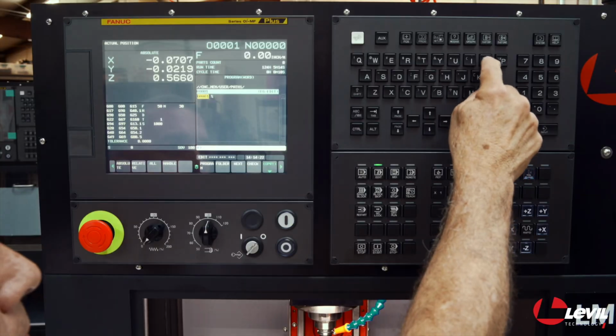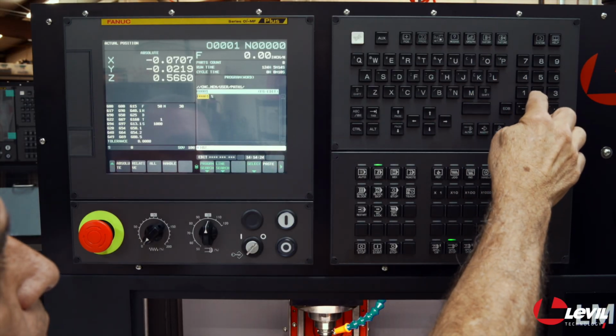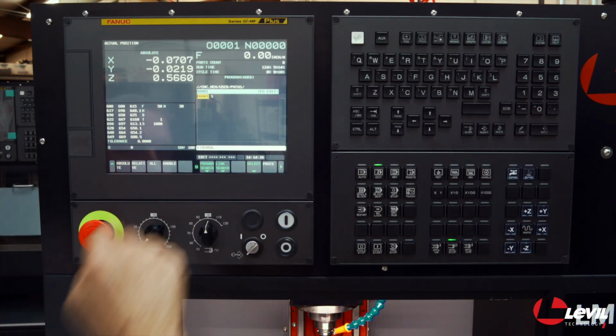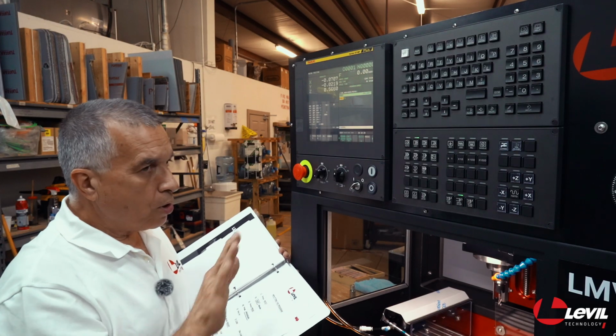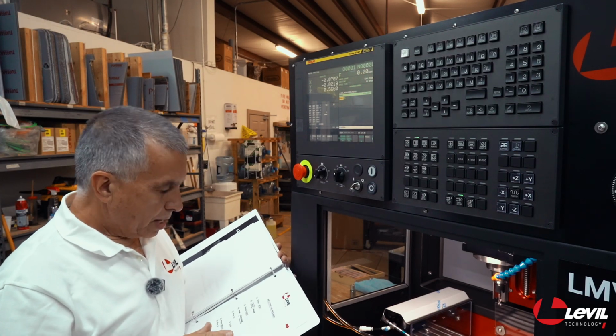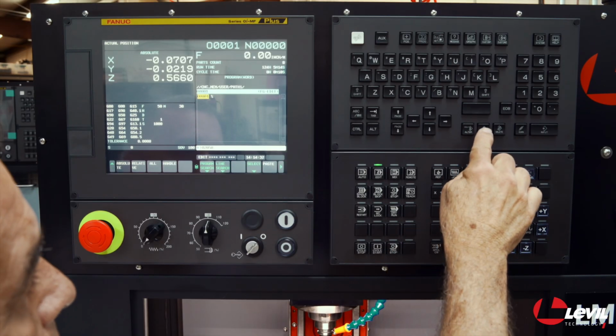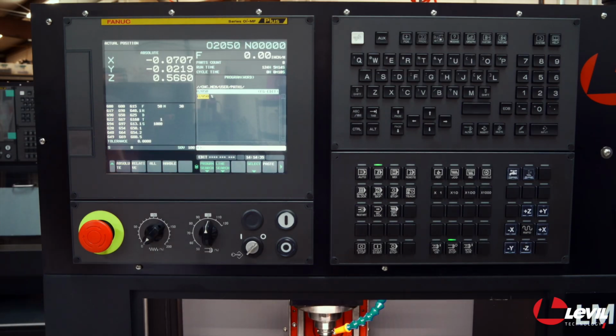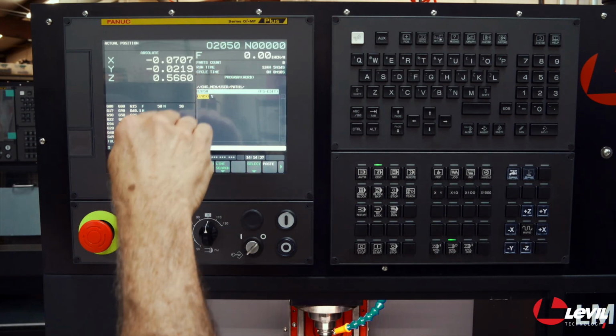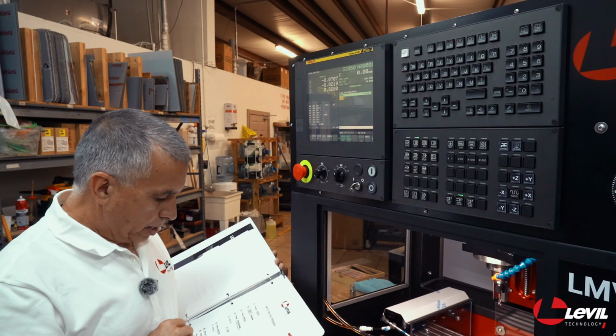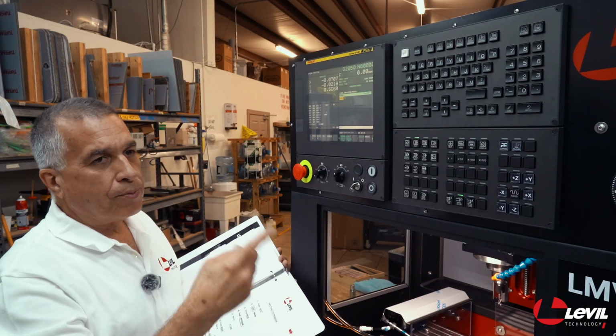It could be any number, like 2050. That's going to be my program number. No EOB at this point. Then we press Insert. Now the program is starting to load, and now we can just put every line of the program one by